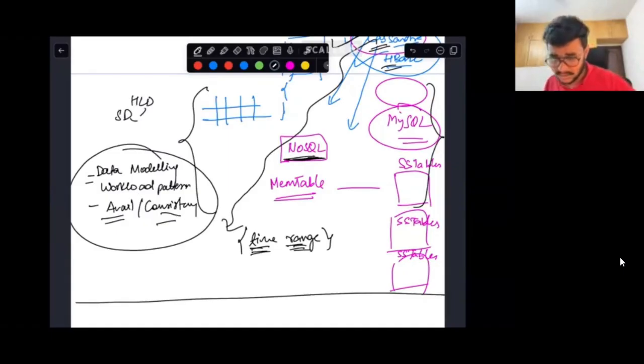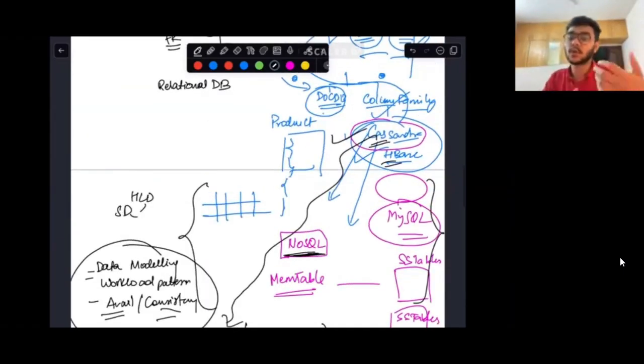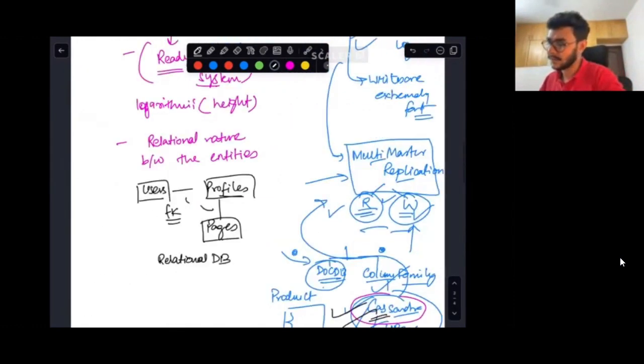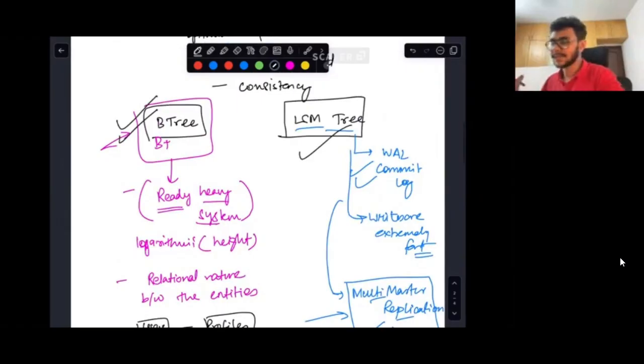So Kunal is asking, for a messenger system, will we choose SQL? No, Kunal. All that I explained until now was to show that SQL does not happen to be a good choice of database for a messenger kind of a system, right? Because in a messenger, we don't want to prioritize availability. We want to prioritize consistency. If you just joined, make sure to go through the previous part of today's lecture, where I explained in detail why we should go ahead with something based on an LSM tree kind of a model, right?